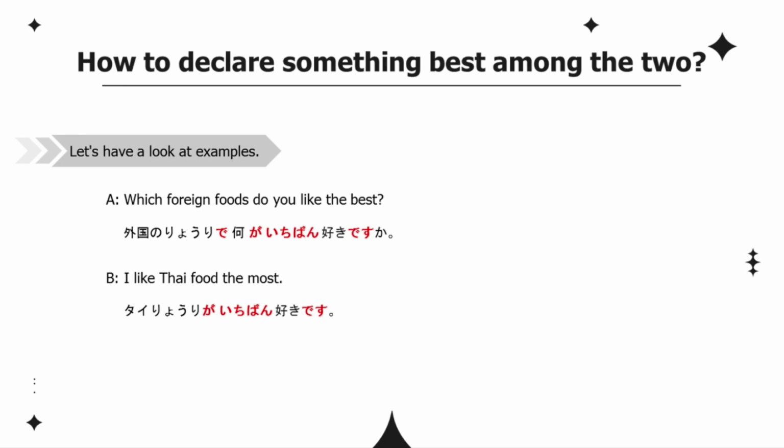Let's have a look at examples. Which foreign foods do you like the best? 外国の料理で何が一番好きですか？ I like Thai food the most. タイ料理が一番好きです。